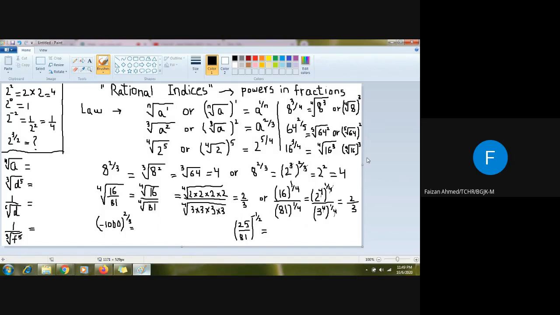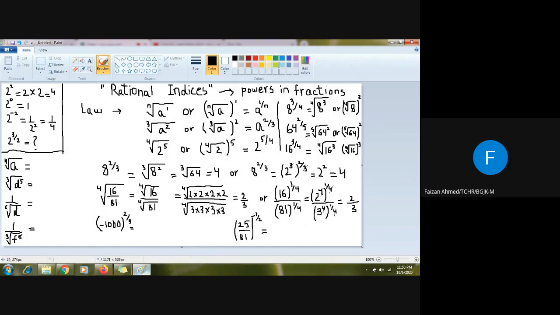So these basically are just the same type of forms. You can either write it like this or this. They both are equal. And this is the law which is used to convert a radical sign into a power and a power into a radical sign. Sometimes the question asks you to just convert your answer into index form or the radical form. So you have to understand this law in order to convert it into different forms. So we have some more questions.